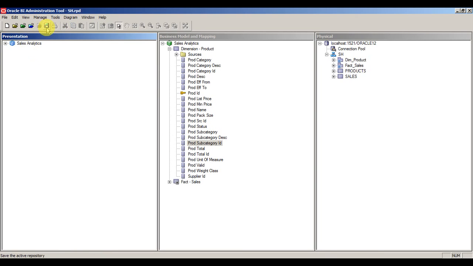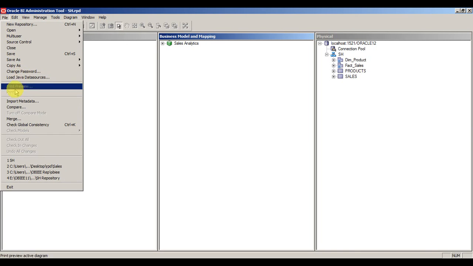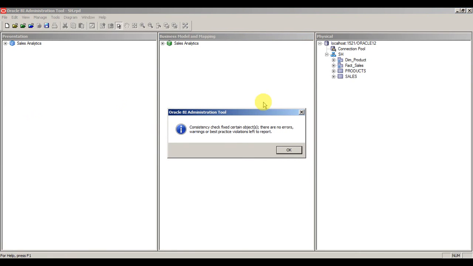Okay, now one more important thing: before you save the RPD, you need to do a consistency check. When you do this consistency check, the tool will compare and show you if there are any errors or warnings in your repository.